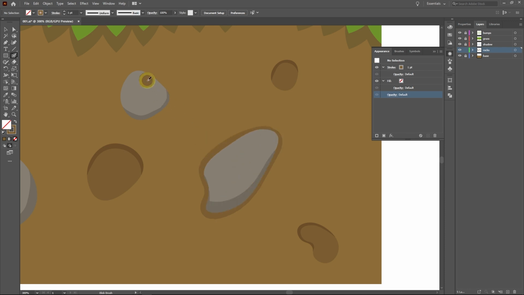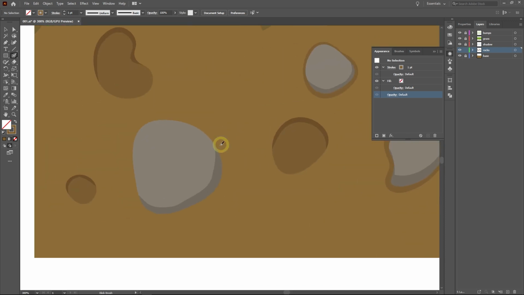But because we are working on a separate layer from the ground layer, the shadow object that we are creating will not be placed behind the ground object. At maximum, it can only go behind the rock objects as they are still in the same layer.